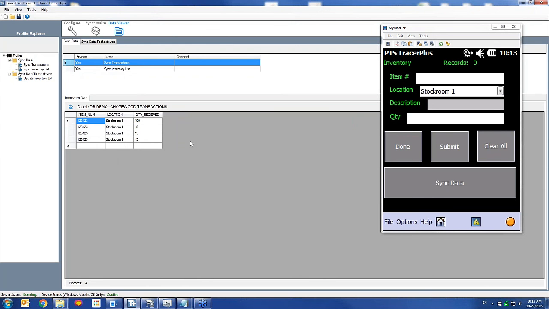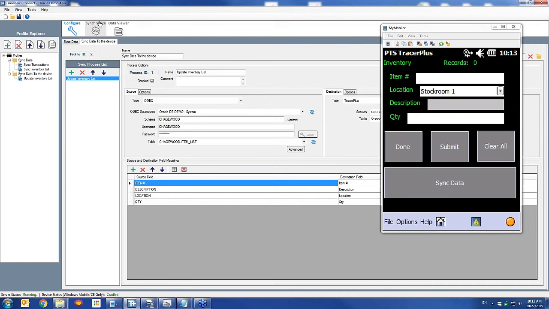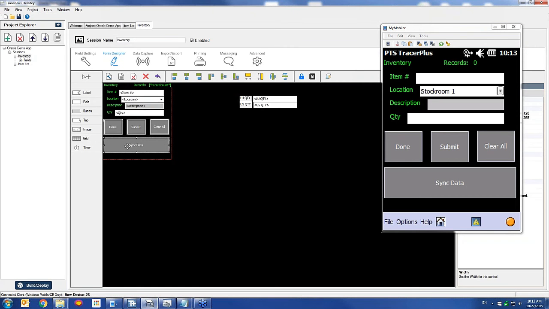If we were to make some edits on the database itself, we could then sync those over to the device with the second profile, but we have to make a button that runs that. Currently, the second profile that we created earlier in the webinar can't be activated by this button. So if we go back to our desktop project here,